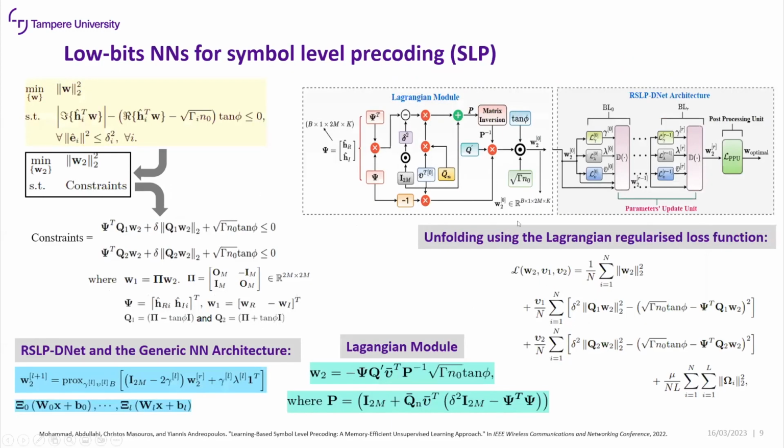and activations. So this is a symbol-level precoding approach. We're trying to minimize the transmit power here, subject to the quality of service, or SNR, constraint. So with this, instead of the normal way of stacking layers, we are now trying to build a neural network framework that would take care of a constrained optimization problem like this one. We can represent this as this problem, and then after some mathematical transformation, we're able to represent it, where